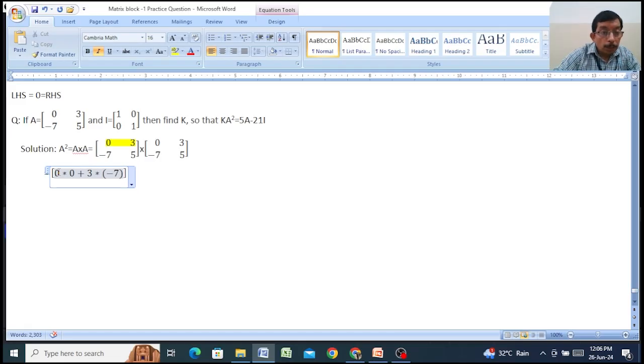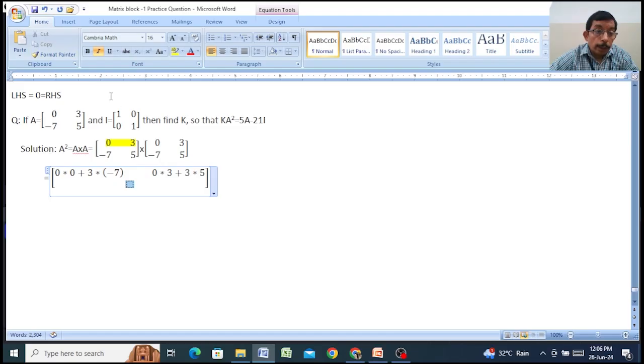Now we come to the first row multiplied by the second column elements. 0 is multiplied by 3, plus 3 is multiplied by 5. After that,